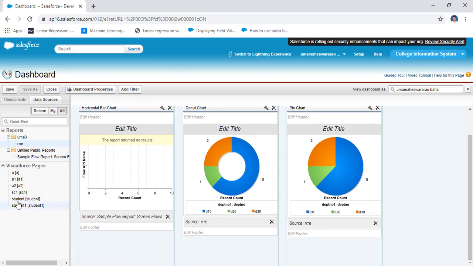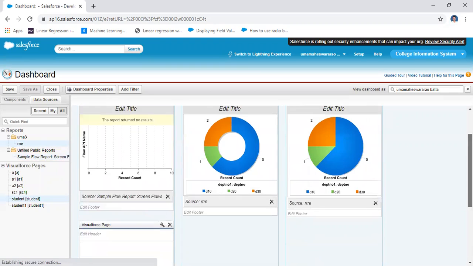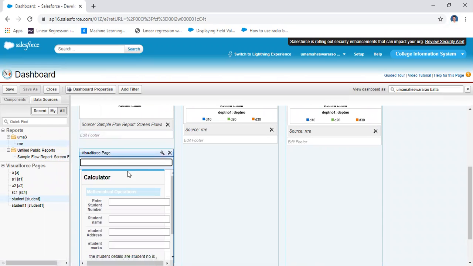For example, student, already created that one, student visible post page. Here one report is there. For example, you may add a header, that means we have already created some information.